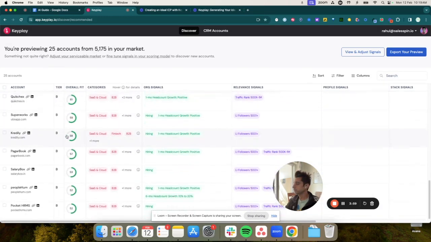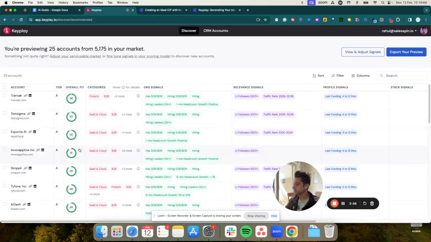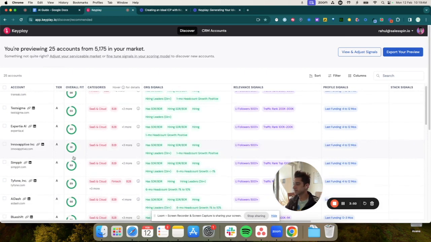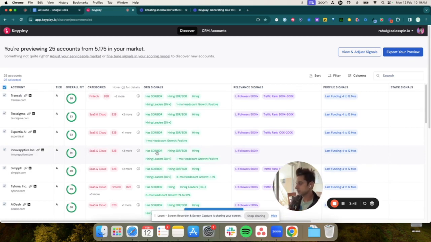Now, you see all the companies I get are in the same space, and I'm also able to find out why they are B based on the score and on what we had decided earlier. Now, this is a good list, right? What I can do is download them right away. Typically, what I see is companies or market research teams spend a lot of time